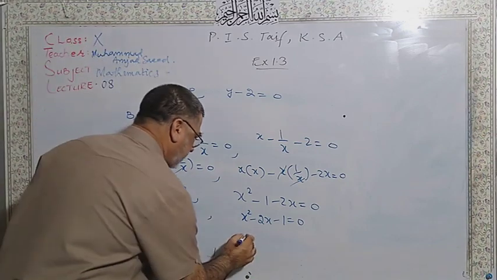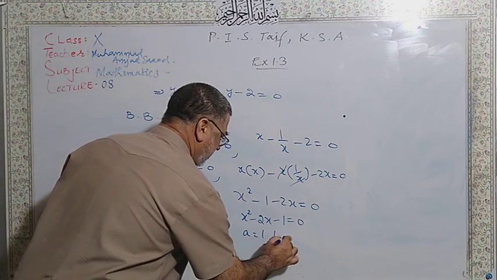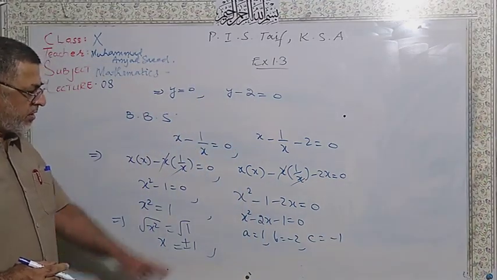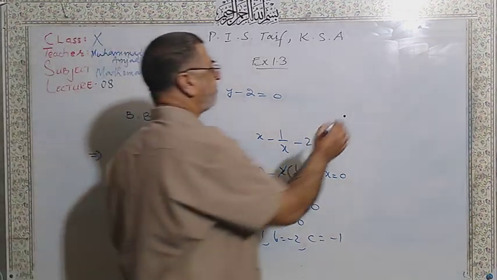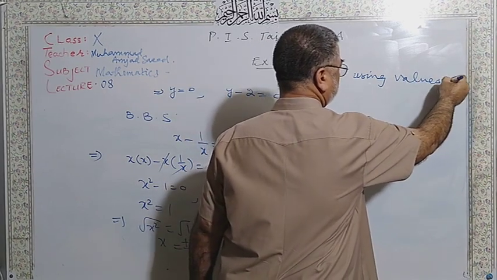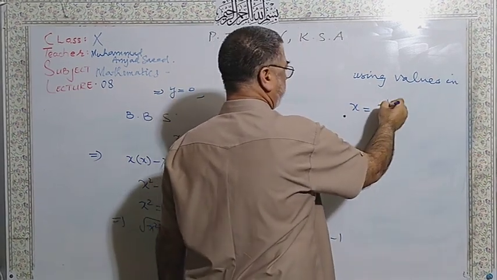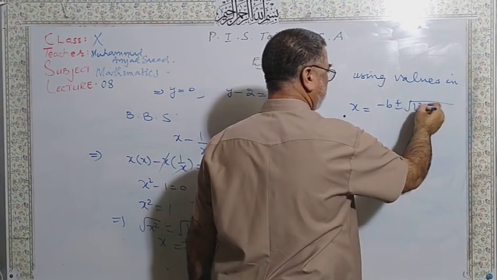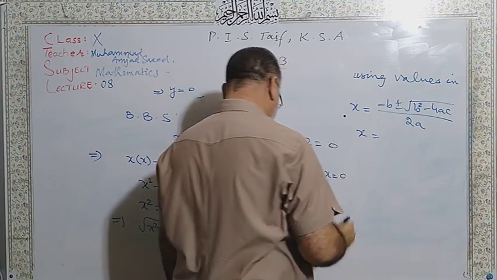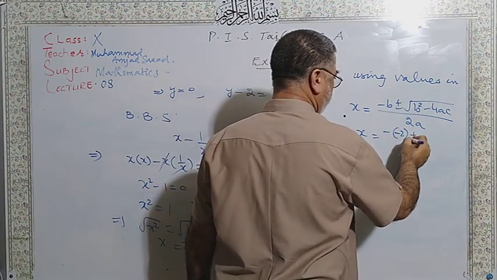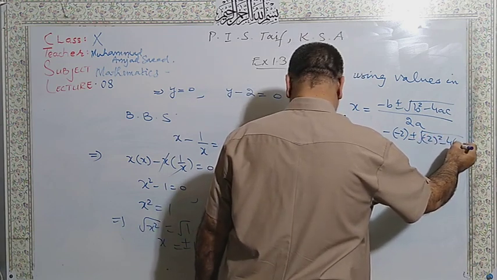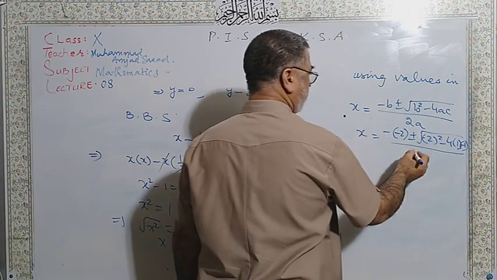A is equal to 1, B is equal to minus 2, C is equal to minus 1. Apply the quadratic formula. Using these values in the quadratic formula, x is equal to minus b plus minus square root of b square minus 4ac over 2a, so x is equal to minus of minus 2 plus minus square root of minus 2 square minus 4 times a and c, which is minus 1, divided by